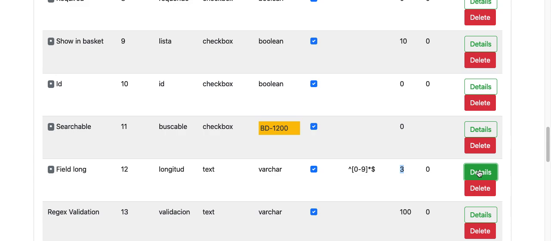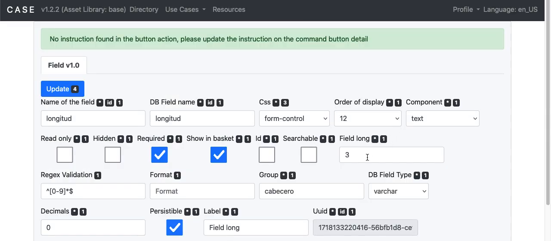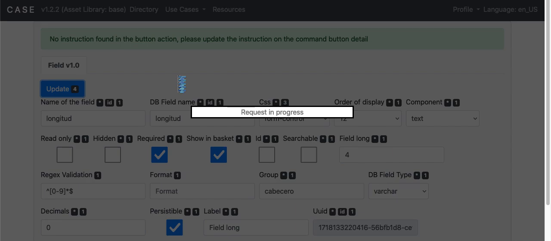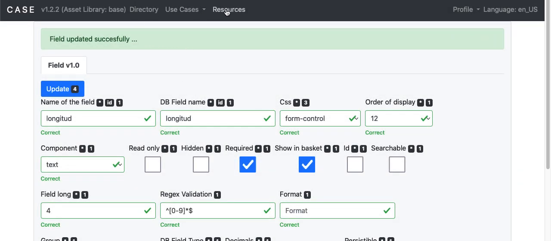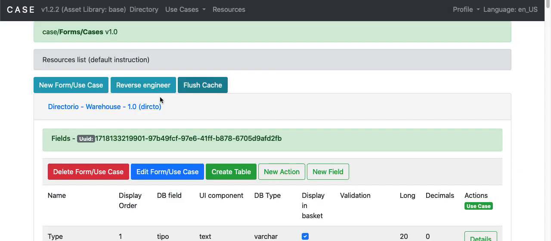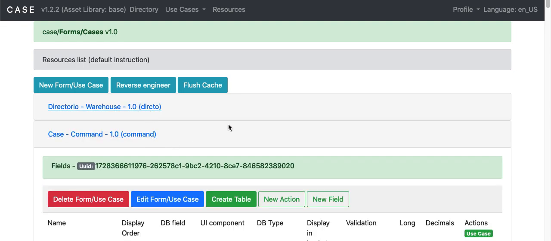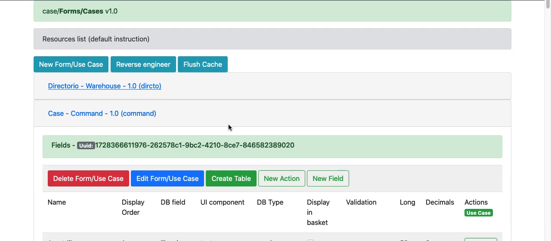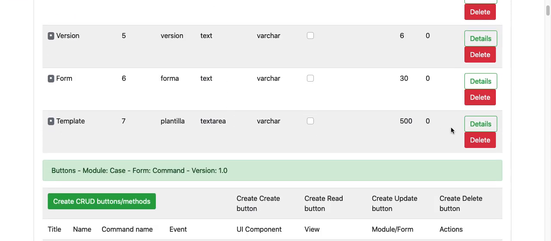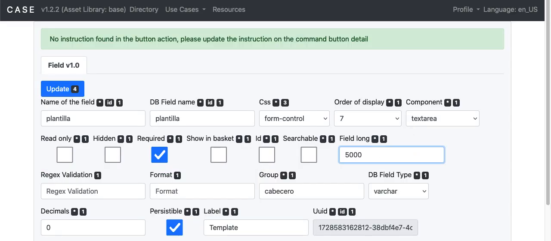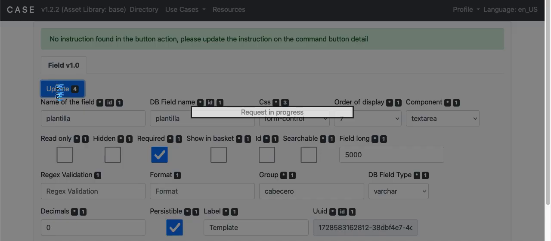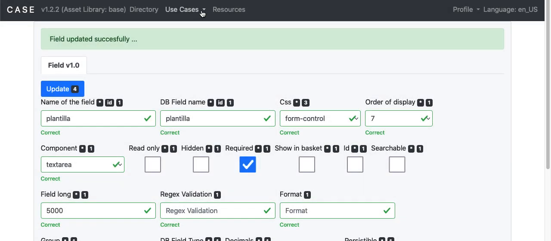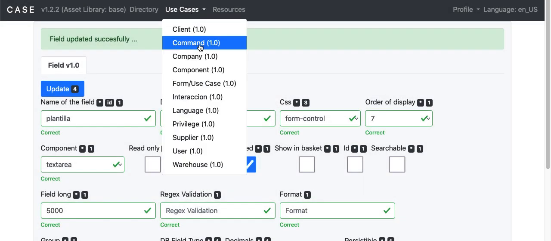So what we do is change that size. Here it is to 4. We hit save. Now we can go into the field in which we wanted to enter 5,000, which is this one, instead of 500. So I'll be able to change this now by adding that new number, 5,000. We update. We go into the runtime